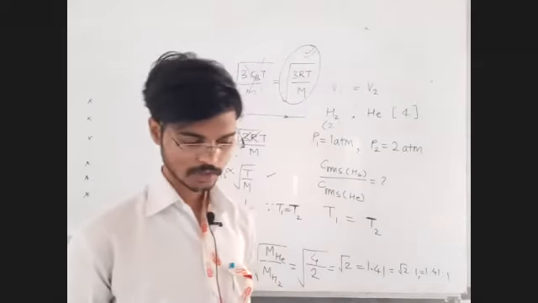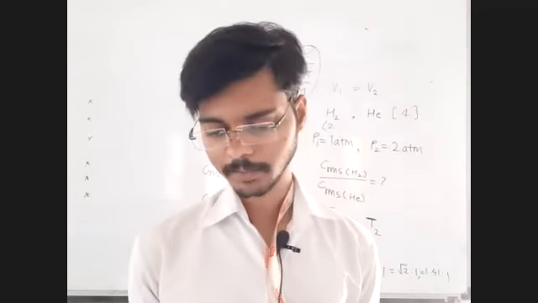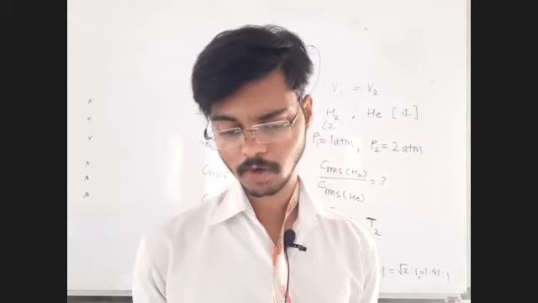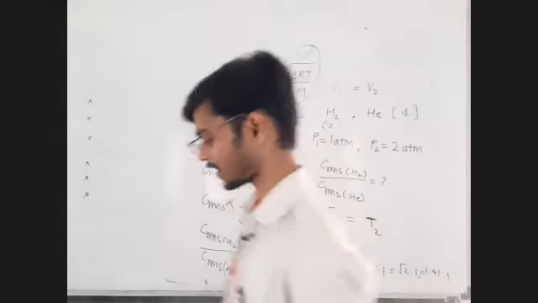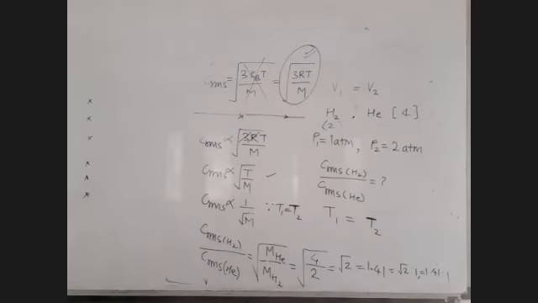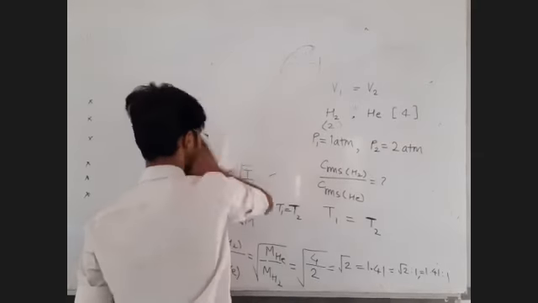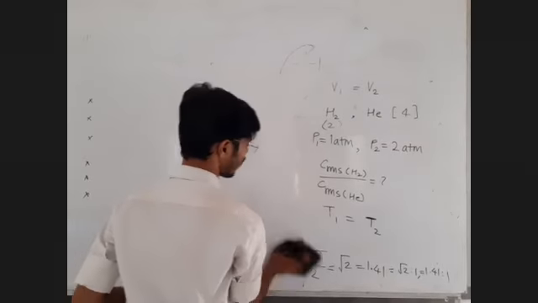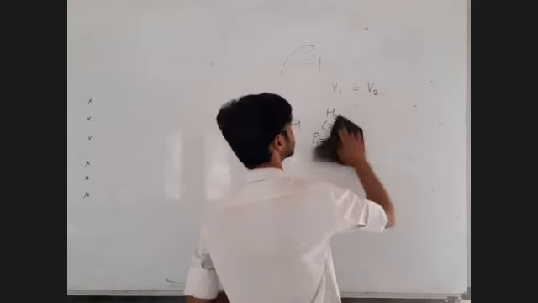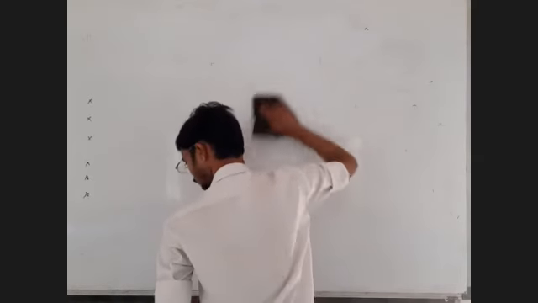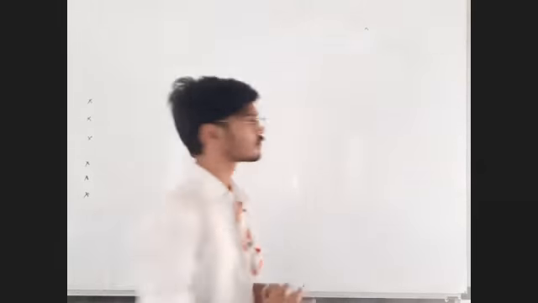Correct. Good. So let me read example number 6. You just try to extract the data. At what temperature will the RMS speed of an oxygen molecule be sufficient for escaping from the earth? This is a very interesting question. At what temperature? So write down T equal to question mark. The RMS speed of oxygen should be sufficient to escape from the gravitational influence of the earth. So what is the question?